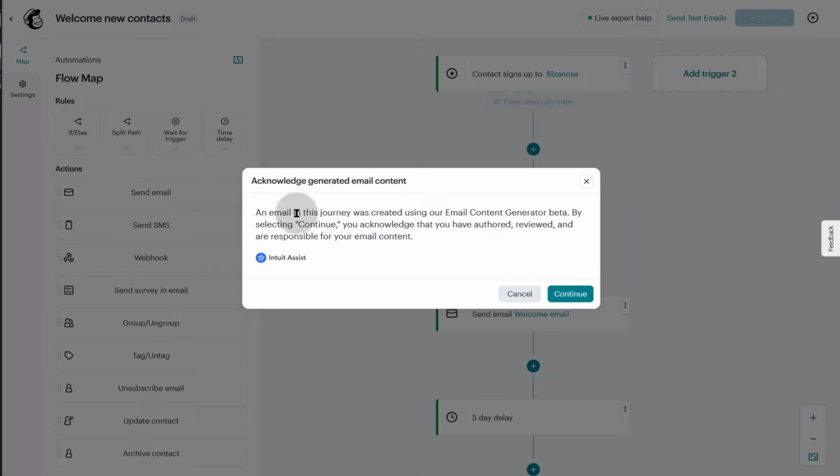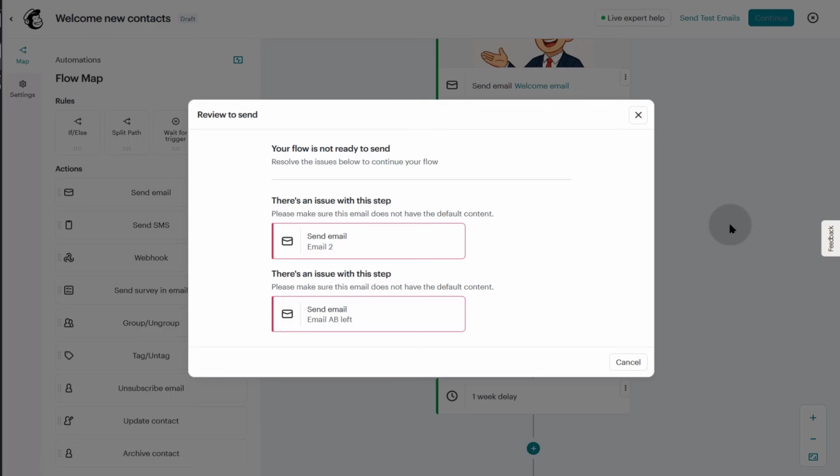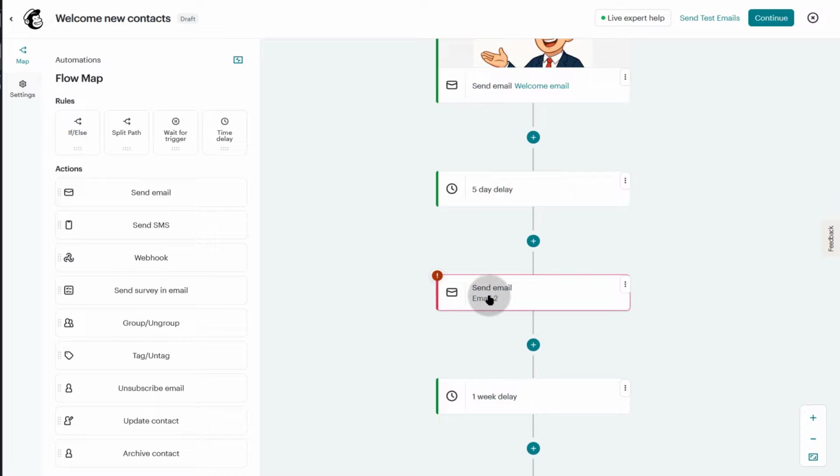Okay, so it's just warning me that some of the templates I've used are using sample content from Mailchimp. So I'm just going to continue. There's an issue with this step. Make sure this email does not have default content. I will need to edit the two email templates to make sure that they don't have sample content, which is actually not that easy to do. So what I'm going to do is create another template. This is just for my example because I'm using Mailchimp examples. In your case, this is not going to be a problem since you'll have to edit your emails. So let me come here, edit the email,